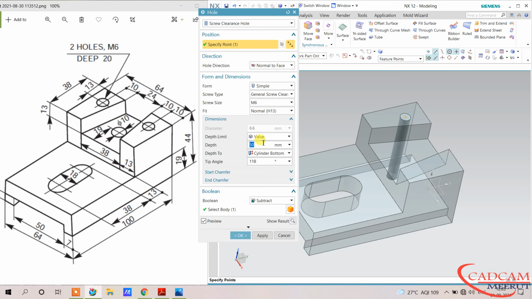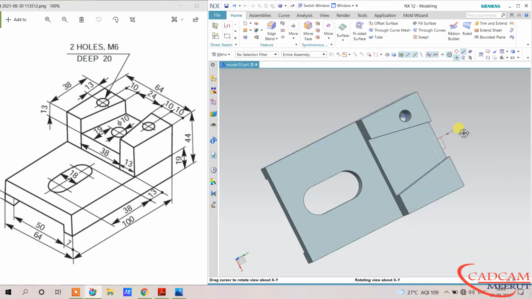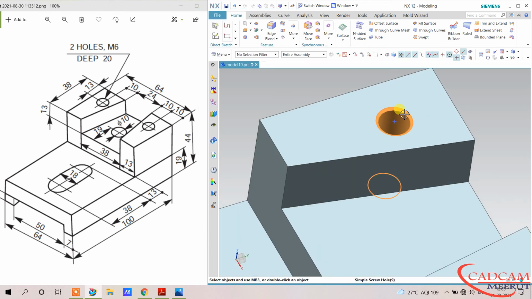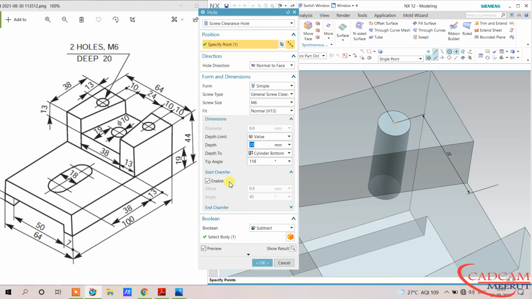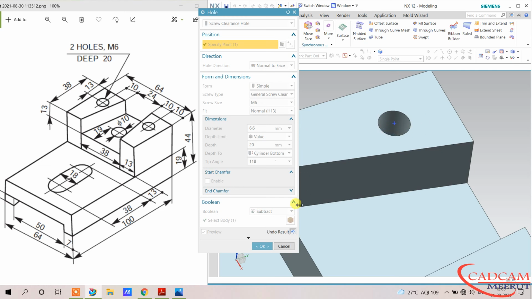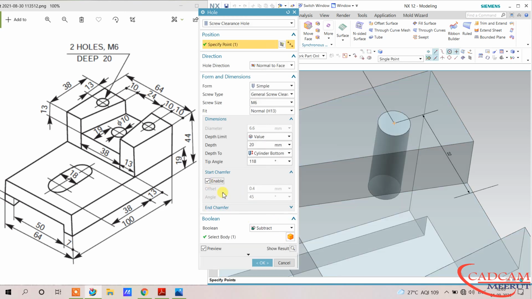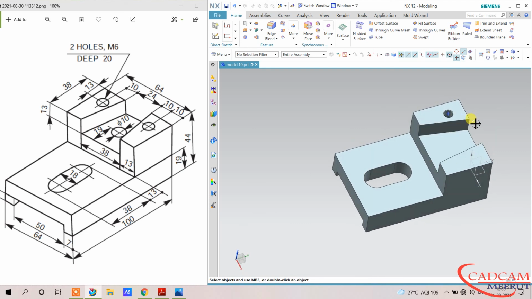So change the value to 20 and OK. Double click over this. I think a chamfer is there. Okay, if you don't need the chamfer, you can disable this start chamfer, and see the chamfer will not come at the start. If you want it, click and it will enable this.